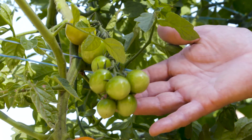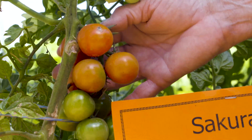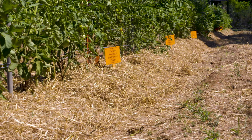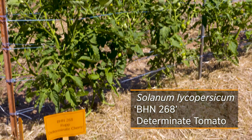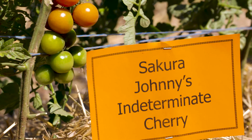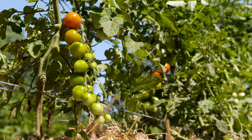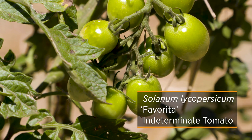They did lycopene analysis on some that were lighter colored, some that were a little bit more ripe, and then ones that were very ripe. On the cherry tomatoes, on these 3 varieties, they were a little bit different in sizes. This BHN 268 is a little bit larger cherry tomato. The 2 indeterminate varieties that are greenhouse production, Favorita and Sakura, are much smaller tomatoes, especially